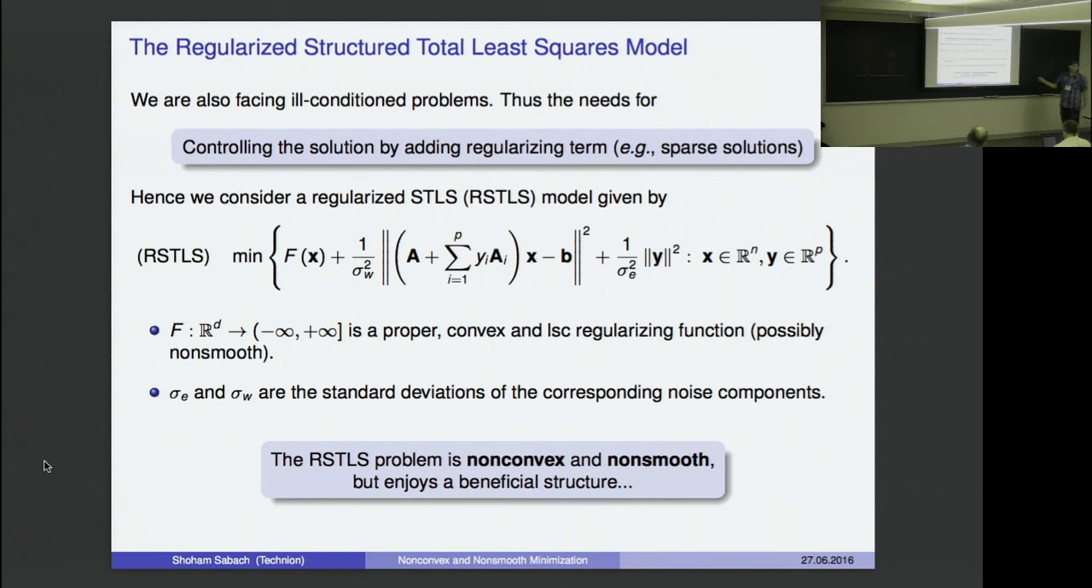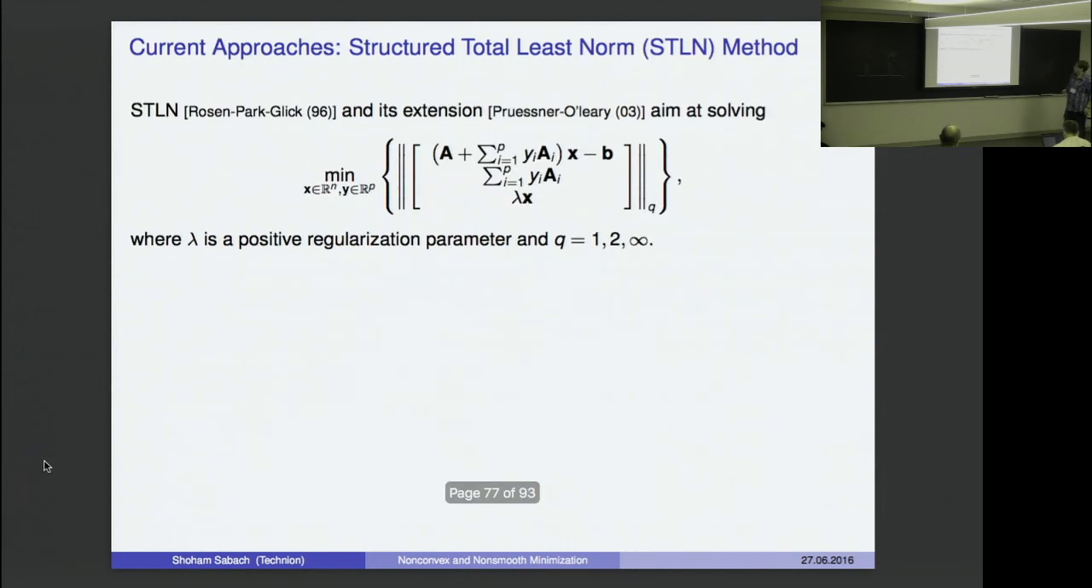You see again that you have some coupling function which is differentiable with Lipschitz continuous partial gradients. But as you will see later, this model has some very nice structure which allows us to develop a variant of iPALM or PALM to deal with this problem. So before showing you our algorithm,